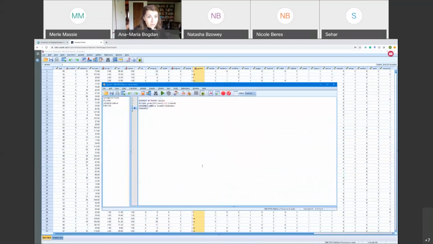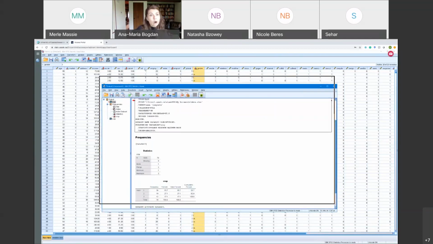If I click on paste, what happens is that SPSS writes right away the syntax for that command. It doesn't run the command. It actually creates the script. So this is the script that tells SPSS that it needs to recode the variable gender into gender n. The variable label for gender n is gender new. And if I select this line of code and click on the green run button, the run selection, what you will see is that